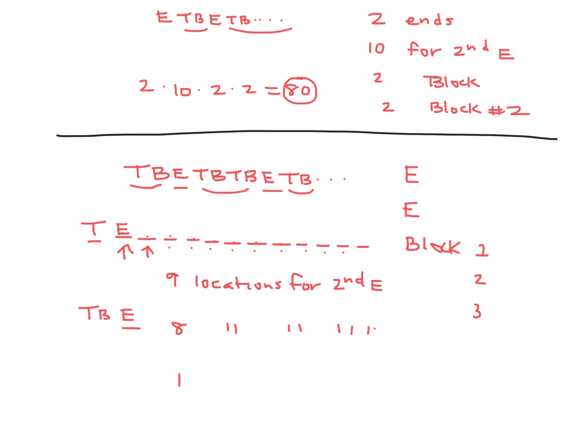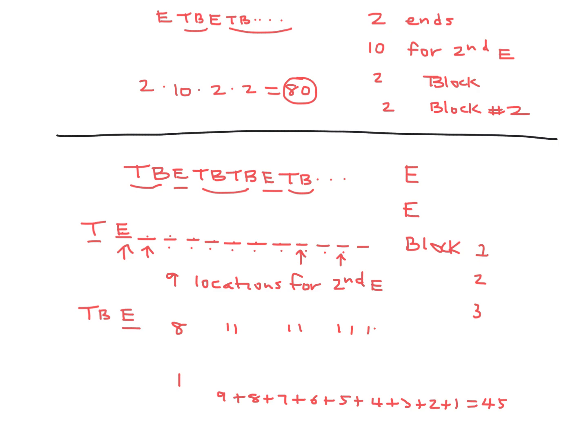Yeah, if the E was here, then we'd have only one spot for the second E. So all of these would be 9 plus 8 plus 7 plus 6, and so on, all the way down to 1, and that is 45. So 45 ways to put those E's in that string where they're not together and they're not